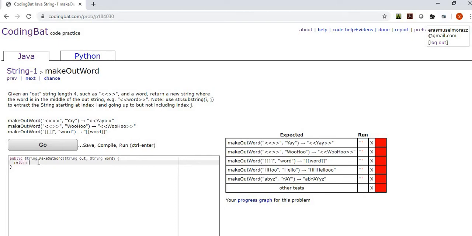Then we'll return out, which is the name of that first string, and we're going to take a substring, and we're going to take from the very first character, which would be index 0, up to 2, but not including 2. So here it'll be character 0, character 1, not the character at 2. And then we're going to concatenate, and we're just going to add word because we're printing the whole thing out. And now we're going to do out